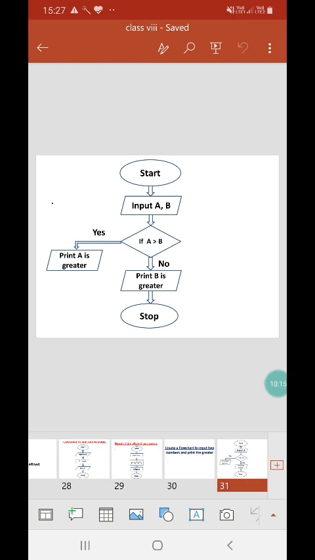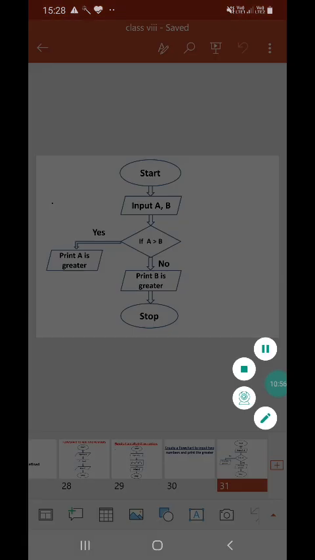So in this way I have completed this chapter, students, and these flowcharts and algorithms are very important if you want to go in the IT field. So you have to improve your basics, so please pay attention towards this topic, because if you want to be a software engineer in future, your basics must be very good. Okay, you have to clear your basics, and these are the basics to learn a programming language. In the next chapter, chapter number 5, you will learn about Java. Okay, so you should improve your basics. You will revise these chapters. Okay, thank you, students.